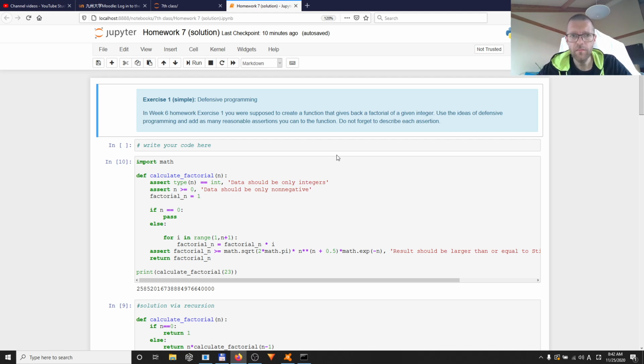Well, let's get to it a bit. Let's take a look at the problems that have occurred in the homework. So for example, you were supposed to try the defensive programming. So the defensive programming means that you try to include in your code